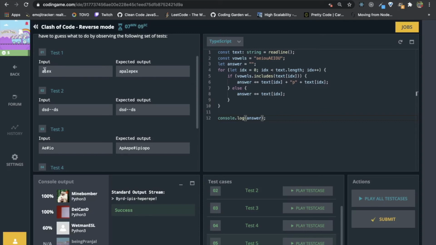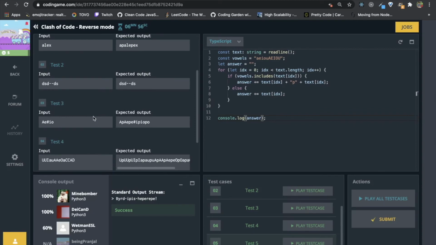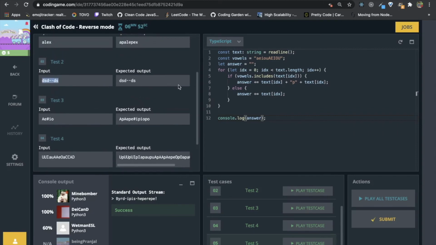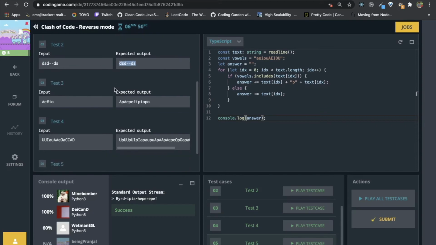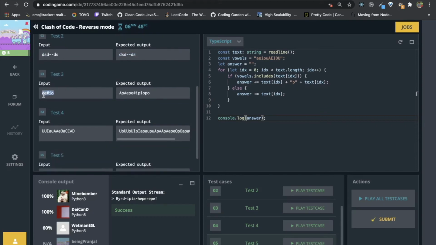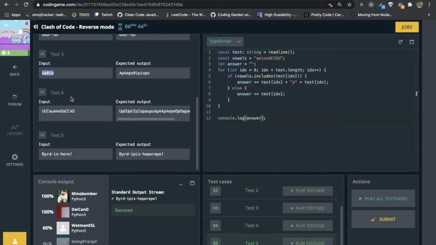So for A we append P and A again, because A was the vowel. For L we do nothing, because it is not a vowel. For E, because it is a vowel, we do EPE, and for X we do nothing. Similarly in this case, as there is no vowel, we do nothing and the output is exactly the same. In this case we have vowels: capital A, E, and I. Likewise we solve this problem.